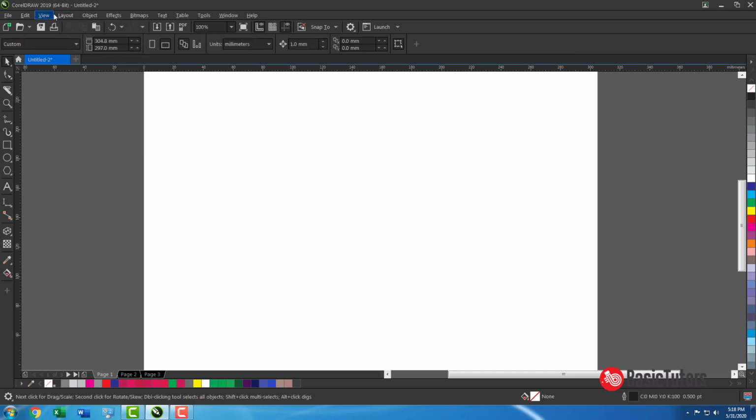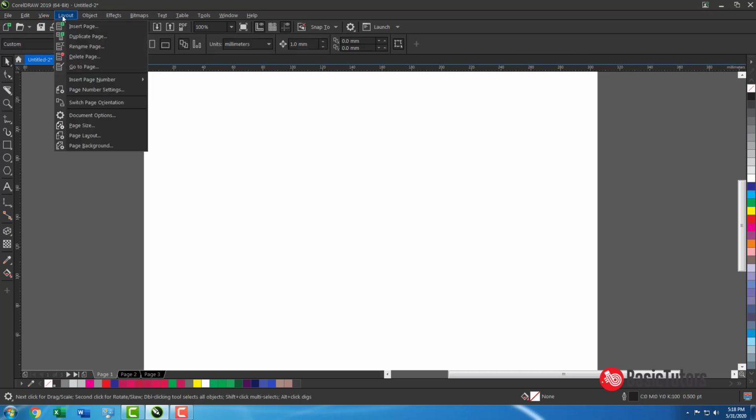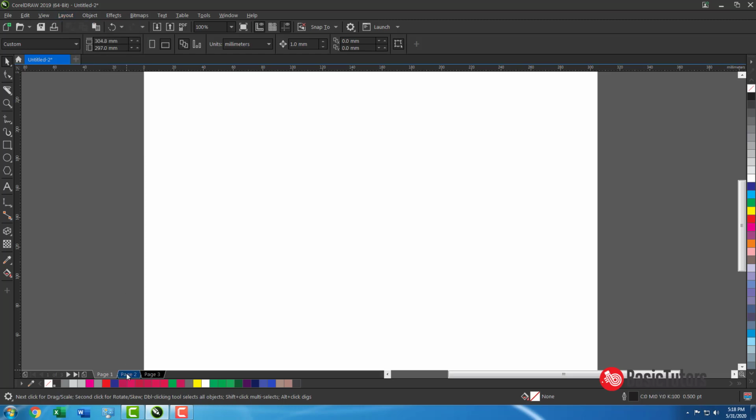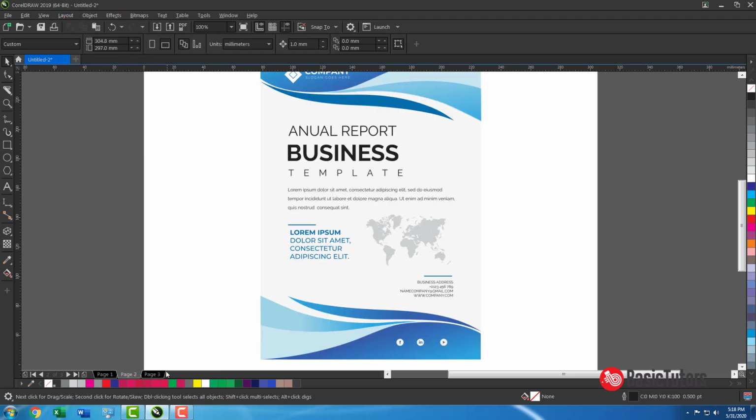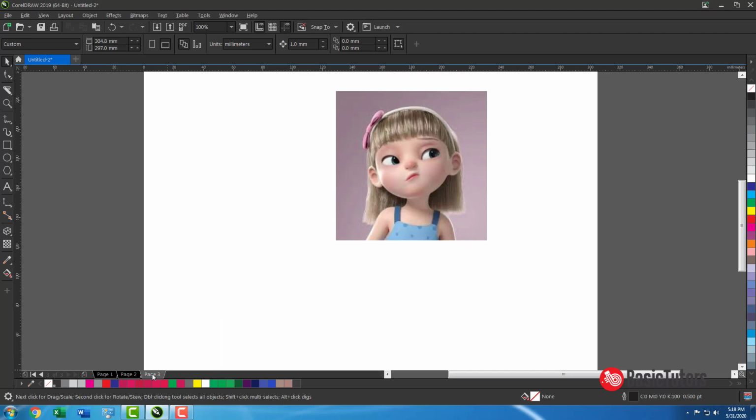Next to layout: inserting a page, duplicating a page. If you want to insert, I use this very frequently: right click over here and insert page after. This is the simplest thing. Alternatively, you can also re-sort by dragging over here, like sorting.